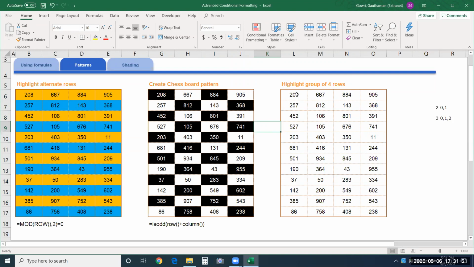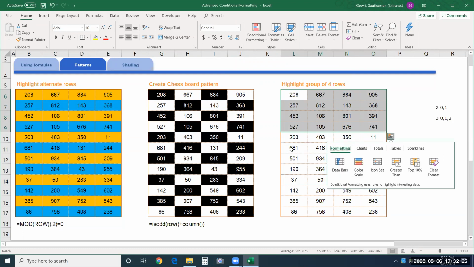Likewise, we have another example as well. Highlight group of 4 rows. See, this was alternate rows. You could also check for alternate columns. See, here we have worked on alternate cells, but here the example is slightly different, but on the same logic of highlighting these alternate rows. Okay, so here what they're asking us to do is highlight group of 4 rows. So when they mean group of 4 rows, it's like this. So you need to